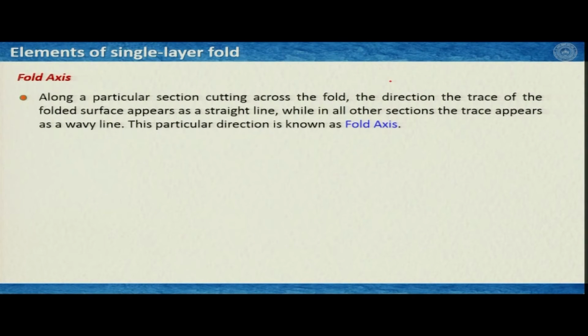Now, if I have a folded layer, then along a particular section cutting across the fold, the trace of the folded surface appears as a straight line, while in all other sections the trace appears as a wavy line, and this particular direction is known as the fold axis. What does it mean? You can consider that you have a fold like this,